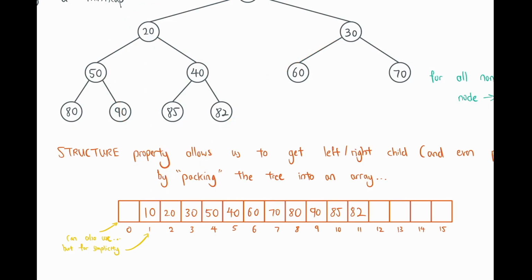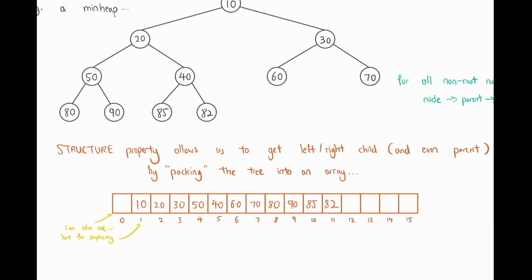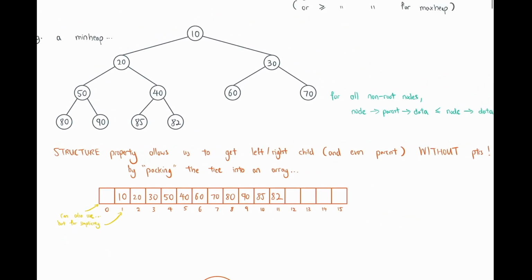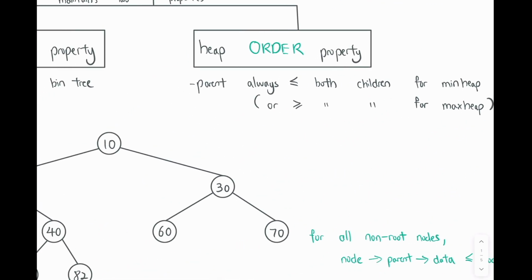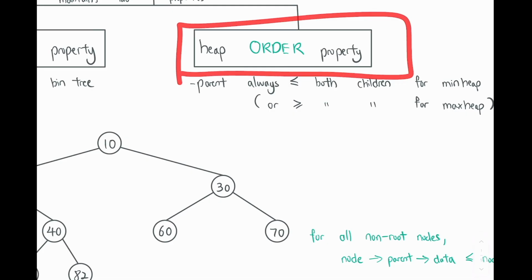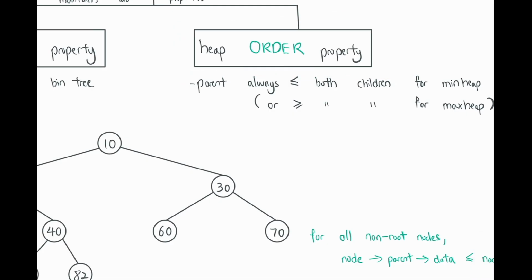So it's probably a bit hazy in terms of what I'm saying right now, and I'm jumping ahead of myself a bit. But later as we go into the examples, you will understand more why this is so. That's a structure property which allows us to pack the entire tree into contiguous memory. And the next thing that we need to enforce is the order property, and you can think